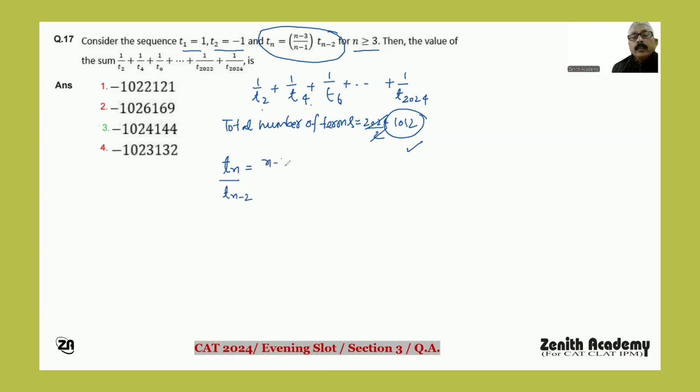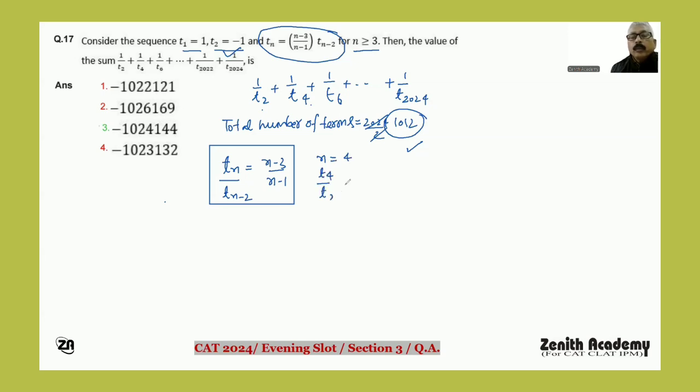N minus 3 upon n minus 1. Correct? So T2 is already given. If I put n is equal to 4,